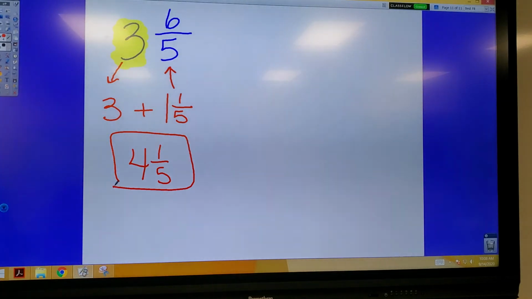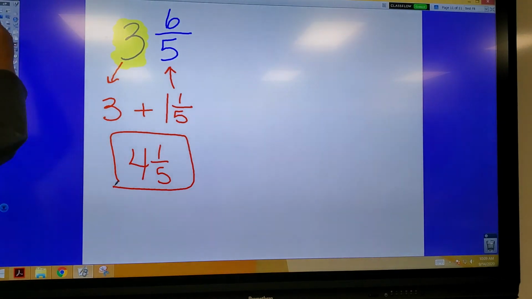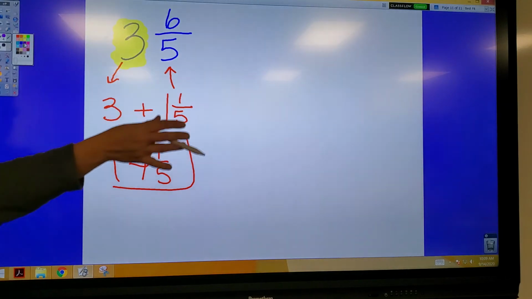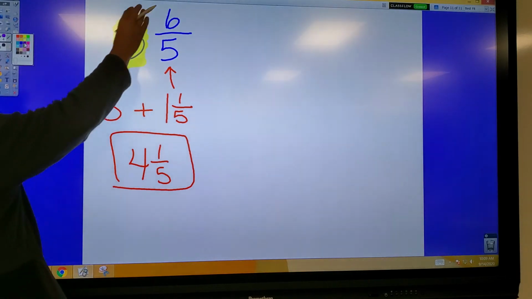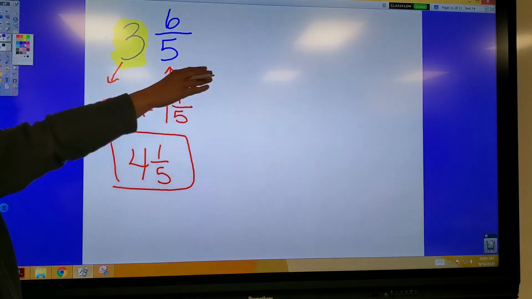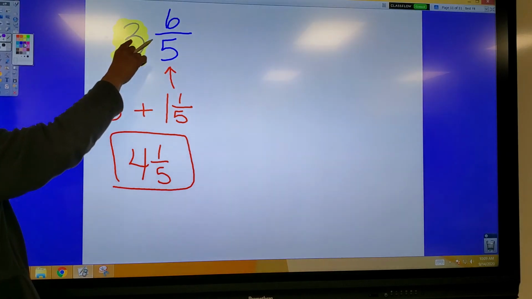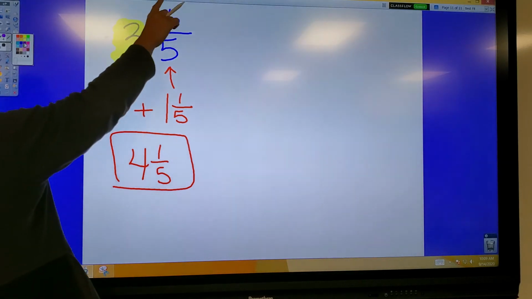Is there another way we could have done this problem besides how he did it? This is the easiest way. Takes less work. Any other ways that you could do it, you think? Yes. The other way, which would take more time, is you could change 3 6/5 into an improper fraction. So 5 times 3 is 15. 15 plus 6 is